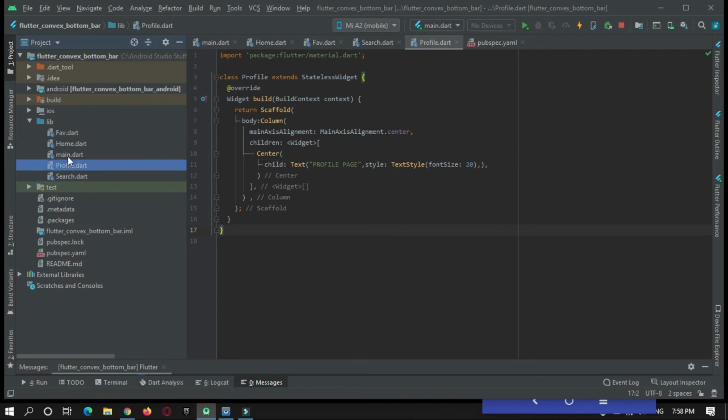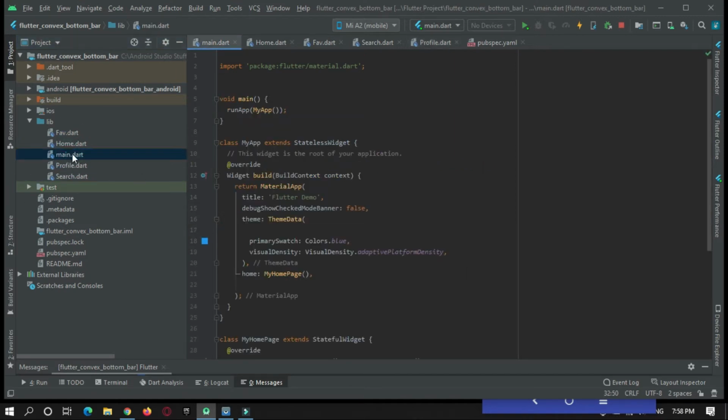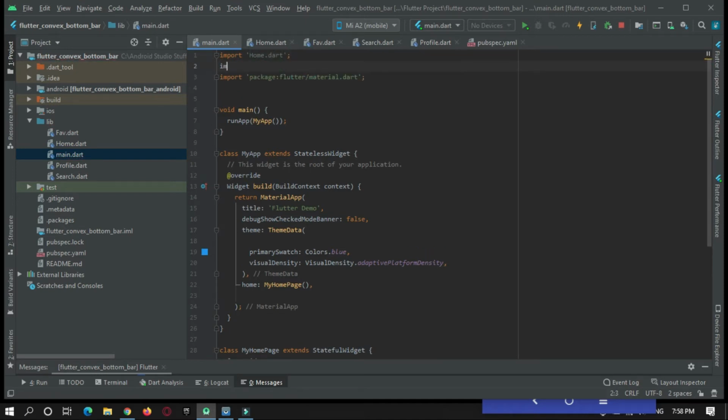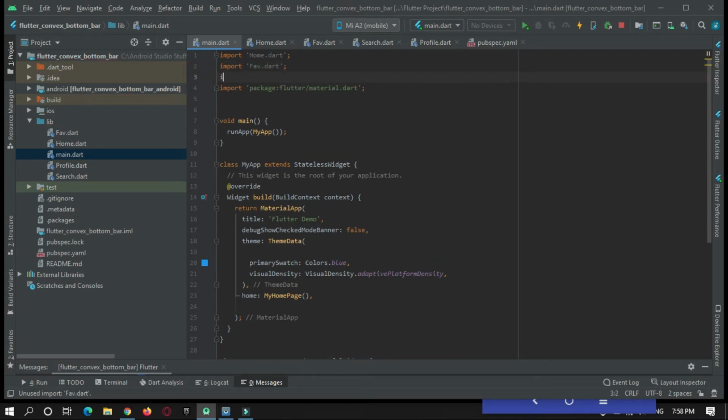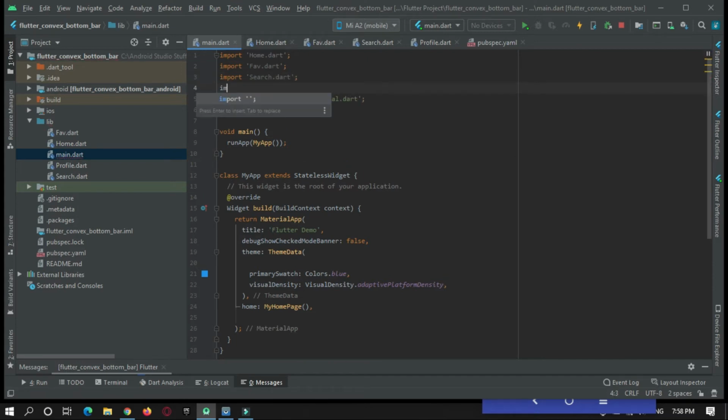Then go to the main.dart file. Here you need to import all the pages. Import home, import favorite, import search, import profile page.